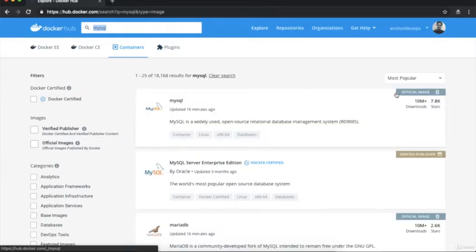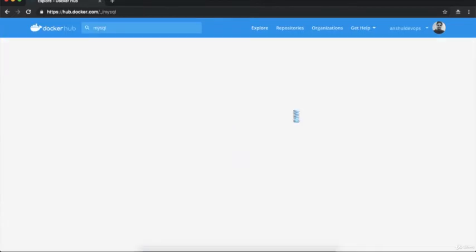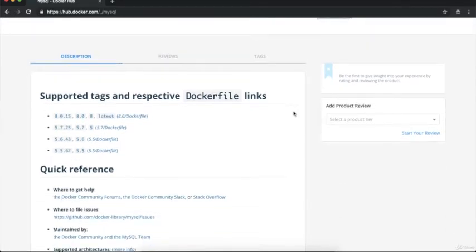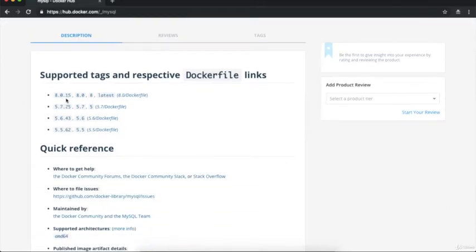You can see over here we are getting the tag official image, right? So we need to click this image to verify the versions of MySQL. The MySQL versions available are 8.0.15, 8.0, 8 and latest. So these are the MySQL versions available on hub.docker.com, right? We need to start the MySQL database with any of these versions. Suppose first I will start MySQL with version 8.0.